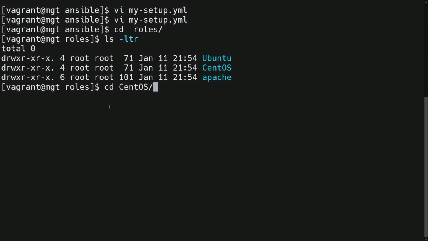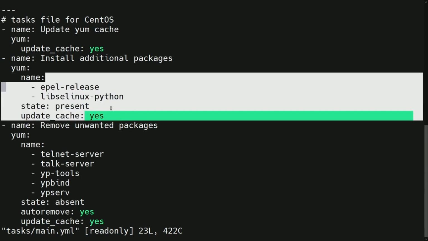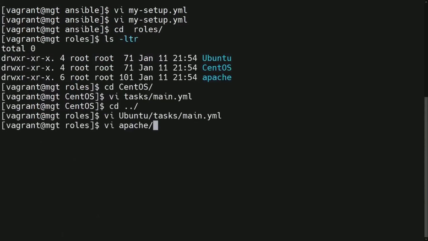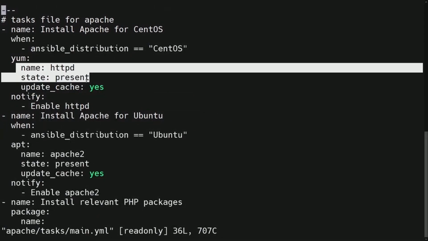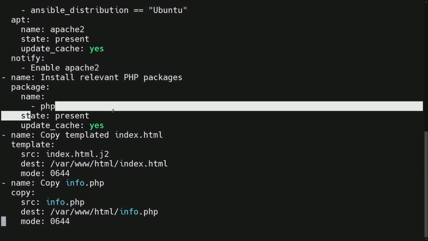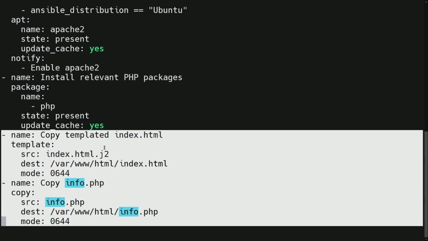We will look at our CentOS role. The main playbook here is under tasks main, and in here you will see that I have configured additional packages to be installed for CentOS, and then I want to remove unwanted packages here. In Apache, I will have a place where I need to install Apache Web Server for CentOS and Apache Web Server for Ubuntu, as well as extra modules that we require for our web server,